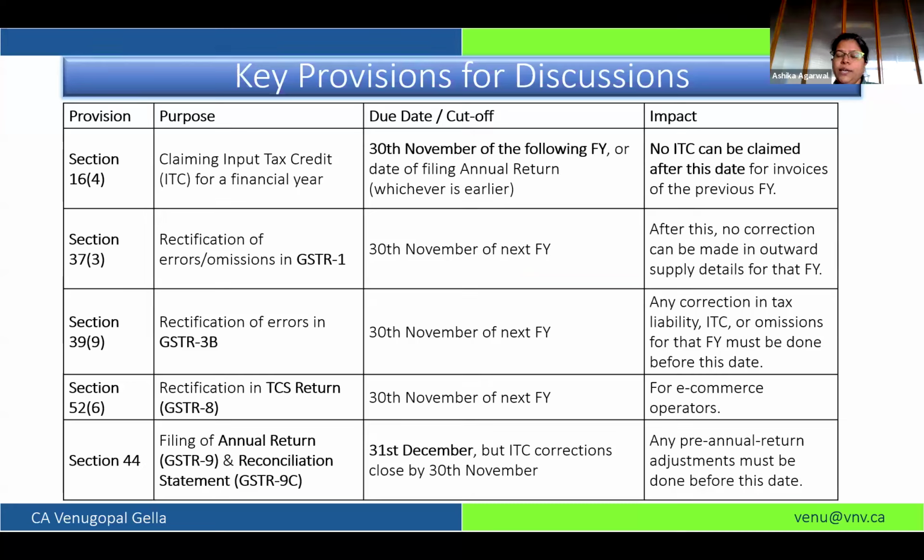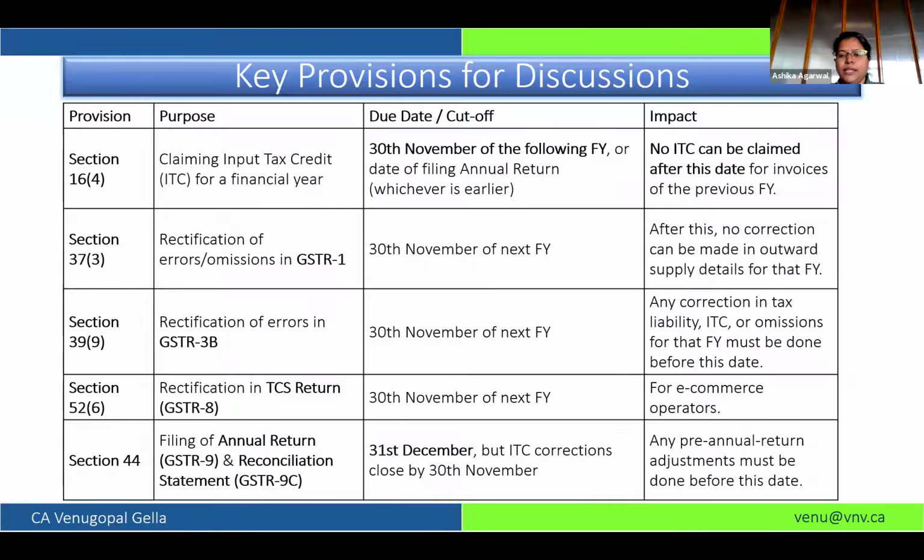So these are the key provisions which we are going to discuss today, and to make sure that any error that has happened while filing GSTR 1 or 3B for 24-25 is rectified now. First is Section 16(4), which deals with the time limit to avail the ITC. As we are all aware, we are standing in the month of October.